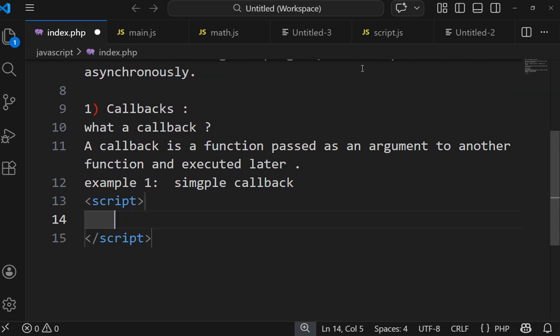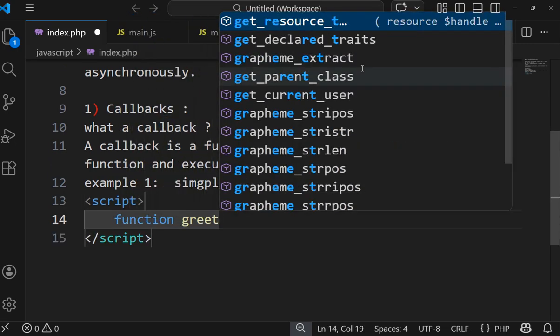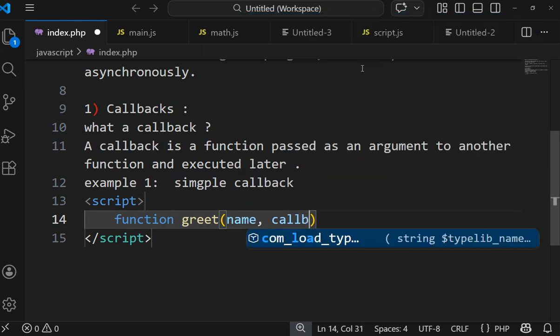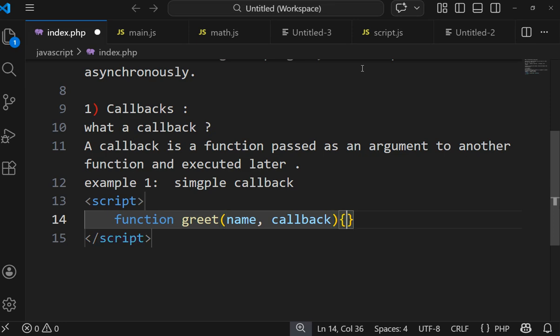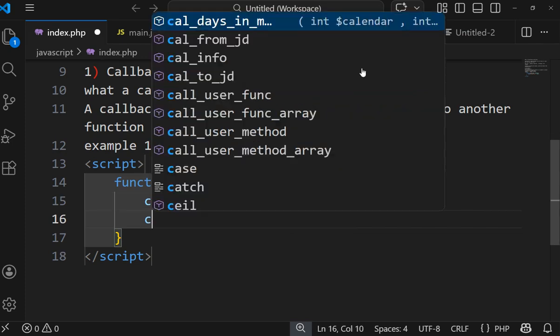Script tag. function greet(name, callback) { console.log('Hello', name); callback(); }